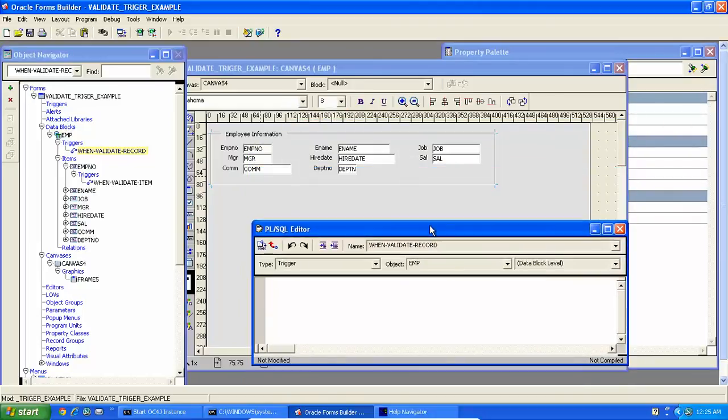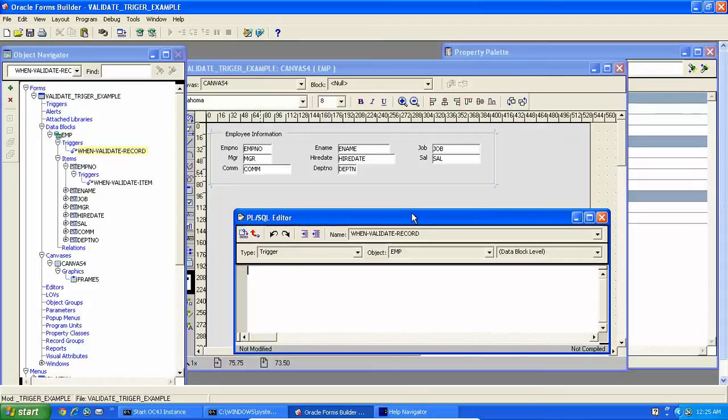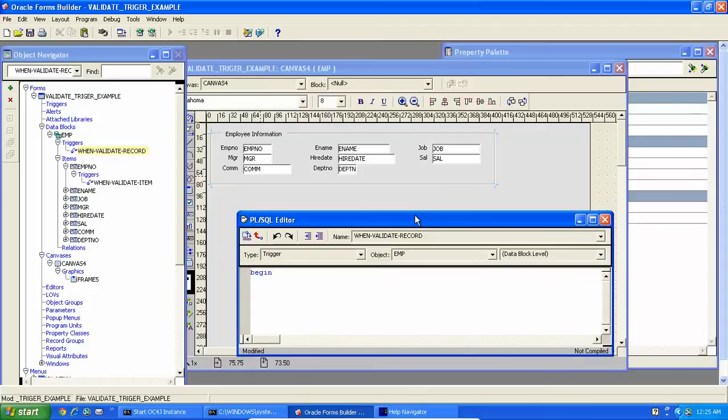See, we want to check if the employee block salary is greater than 9,000 and the employee block department number is equal to 20. If these two conditions are true, then it will give a message,